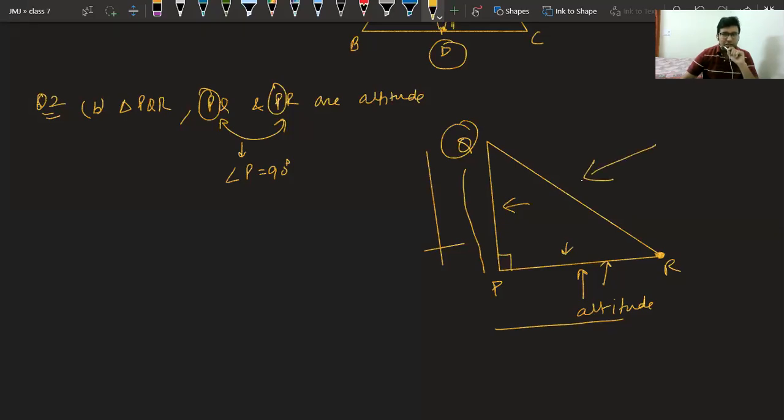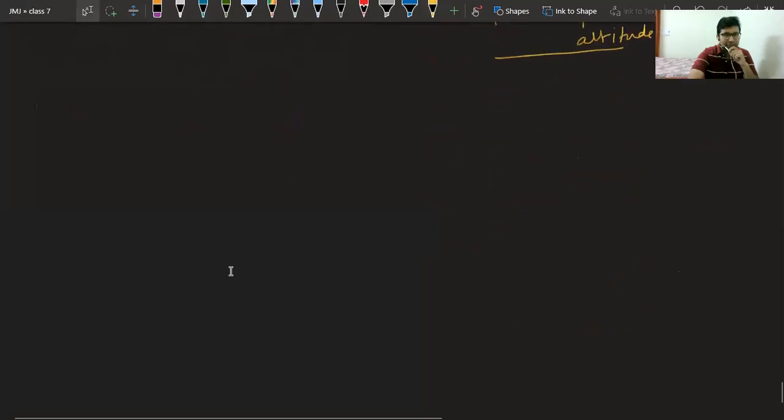And class, what do we call QR? So simply we will draw a right angle triangle and we will make the right angle at P and the question will be done. Very good, Bani, very good. Yes, this side QR is the longest side and is known as the hypotenuse. Okay, very good.